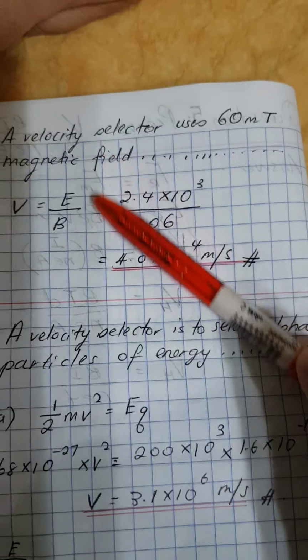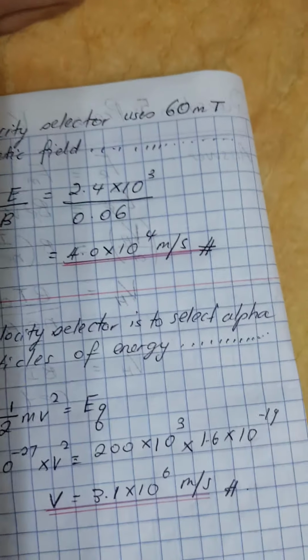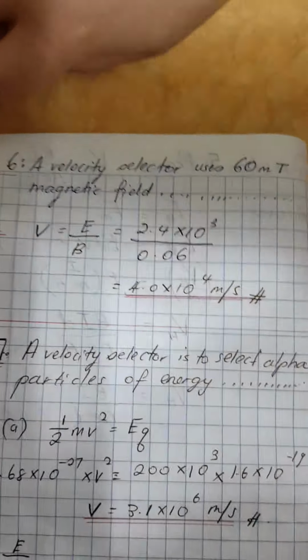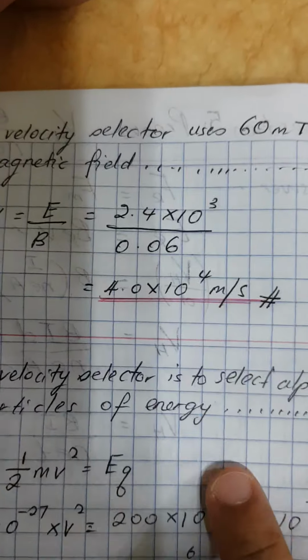But the way you write your answer, please be careful. Some of you wrote the full value, 400000. You don't have to do that, because again, class, it is dangerous. They might take it as one significant figure. So always write in prefix form. I think by now you all should know that. Please check your answers.